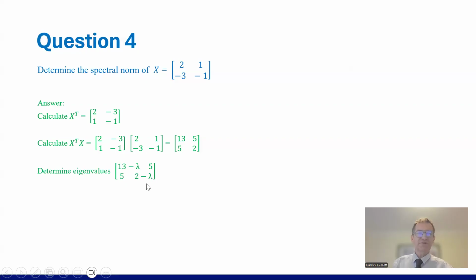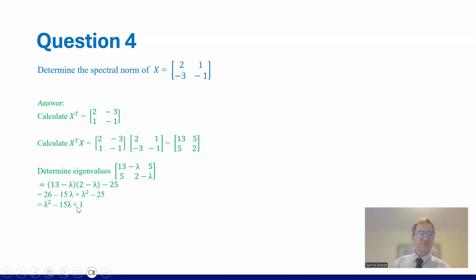Now you're going to find the determinant, which is these two multiplied together minus these two multiplied together. So I should have written determinant here. And you just multiply this out. This will become a quadratic. So we're going to get 13 times 2 is 26. Minus 13 minus another 2 is minus 15. Minus times a minus is a plus lambda squared. And we've got minus 25. 5 times 5. I should have written 5 times 5 here. So now I'm going to go 26, take away 25 is 1, so we'll end up with lambda squared minus